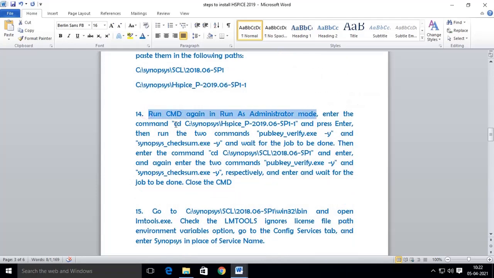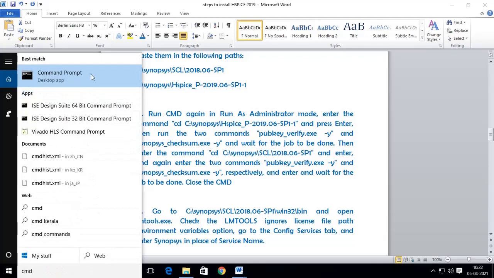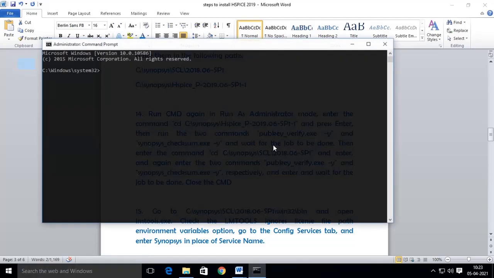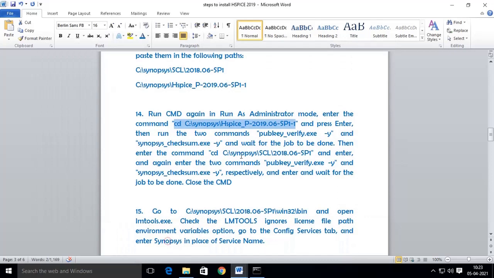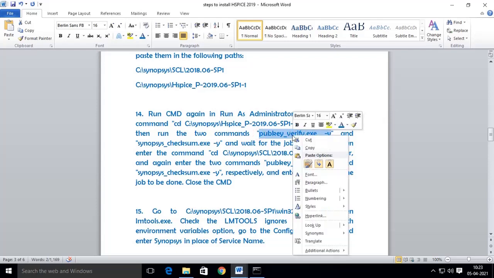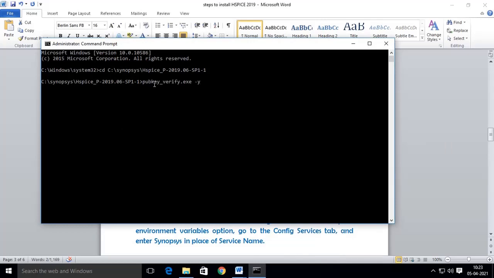So again run the command prompt in administrator mode. Open that file location, cd 2019 HSpice. And enter the two commands: pubkey_verify.exe space -5, press enter and wait until the job is done.